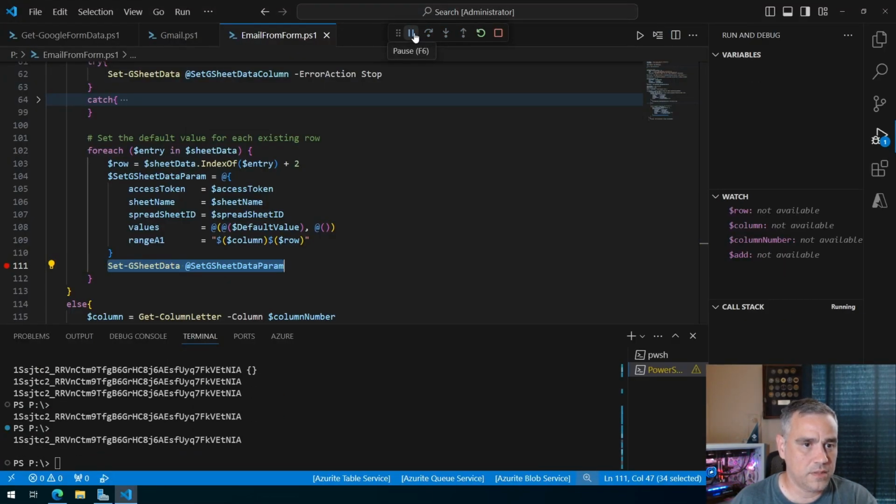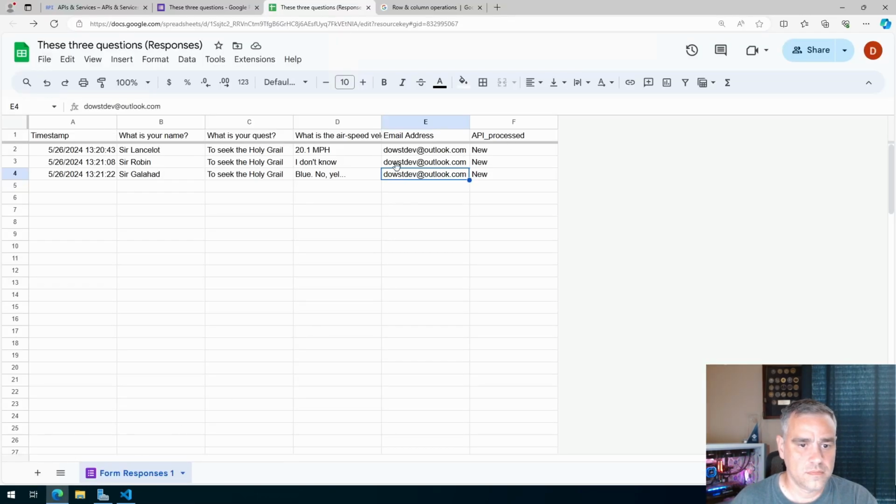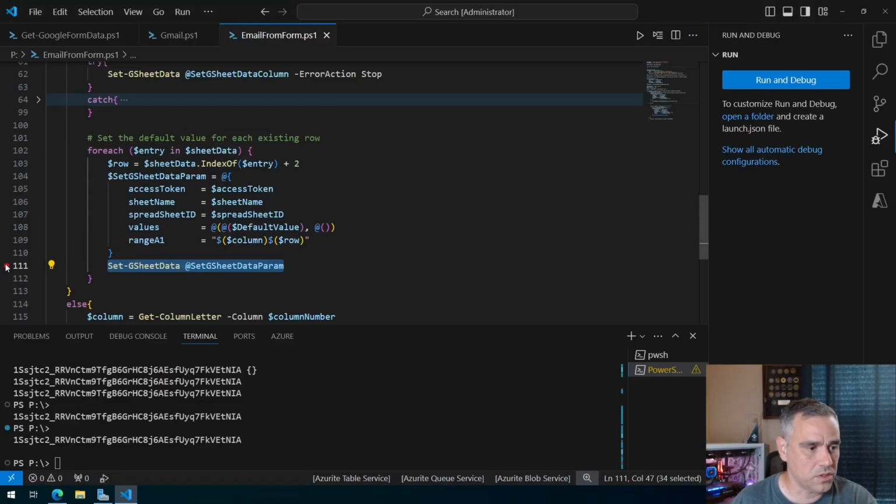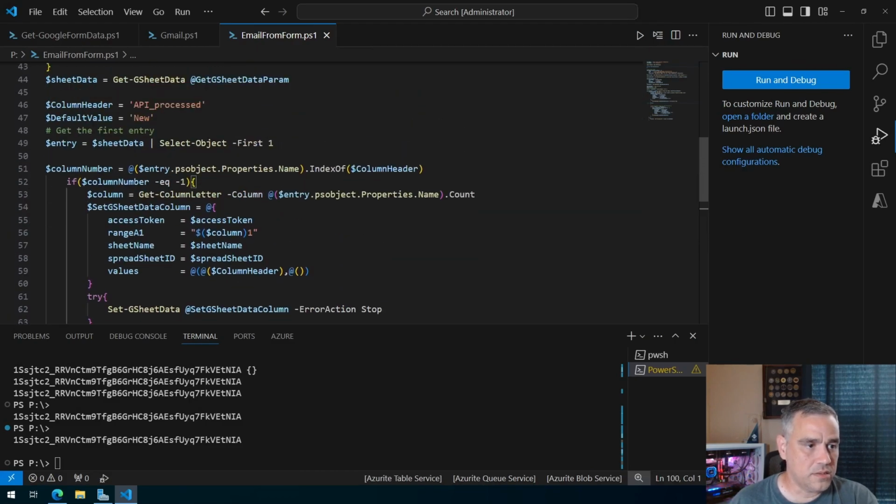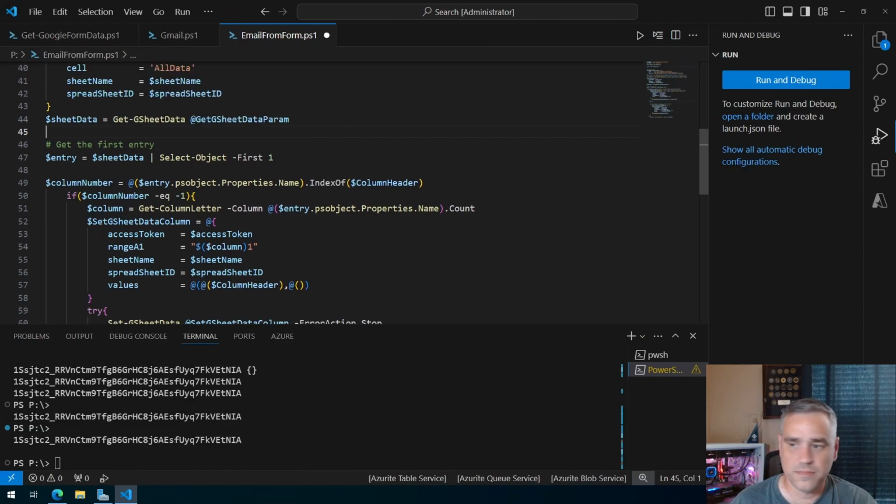Right, so we know each time it's going to go through, it's going to hit those new, and we're good to go. So we have our default data. We're adding in that column automatically before anything else in the script processes. Right, and this is a perfect item that we can now turn into a function. So I'm going to come up here and remove these values that I had set previously,